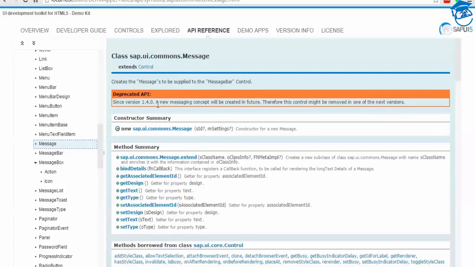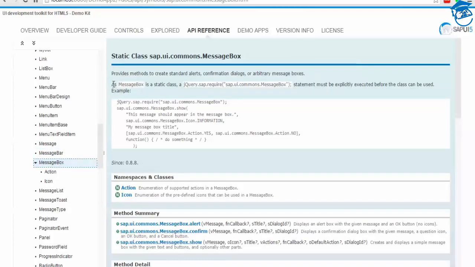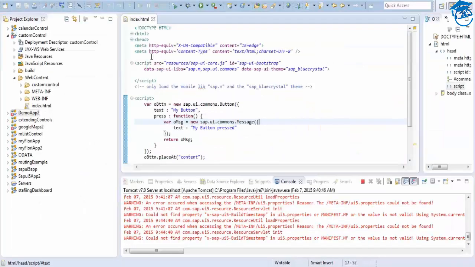See, it's been replaced. So now we can use MessageBox. This creates standard alerts, confirmation dialogs, etc. So instead of this message, we can have sap.ui.commons.MessageBox.